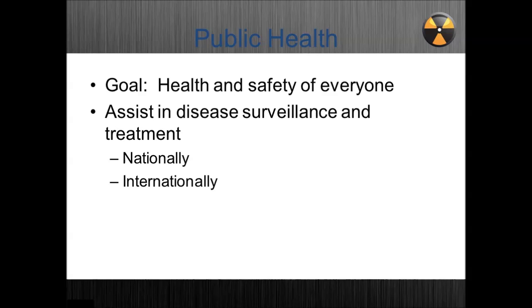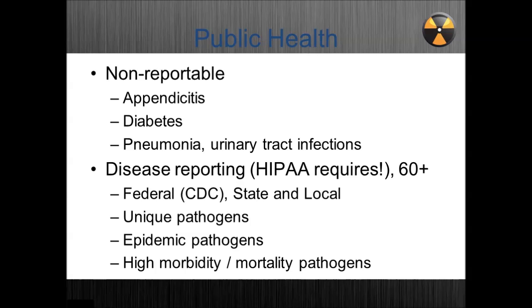But there are national things, and one organization that plays a big role, actually on the world stage, is the CDC. That's an example of a public health agency. And then the WHO is also an organization. There are some disease states, some infections, that are required by law to be reported to these agencies so they can track them, so we can see, holy smokes, there's an epidemic of this going on. How can we prevent people from getting infected?